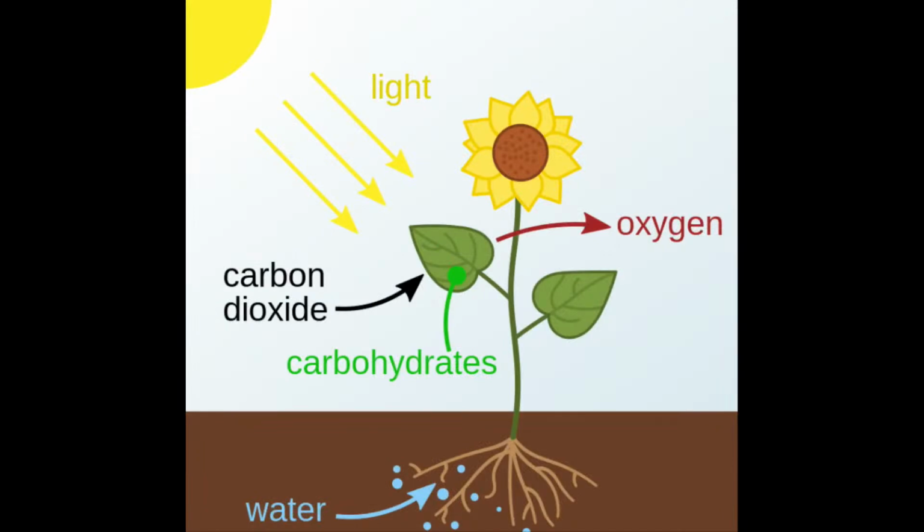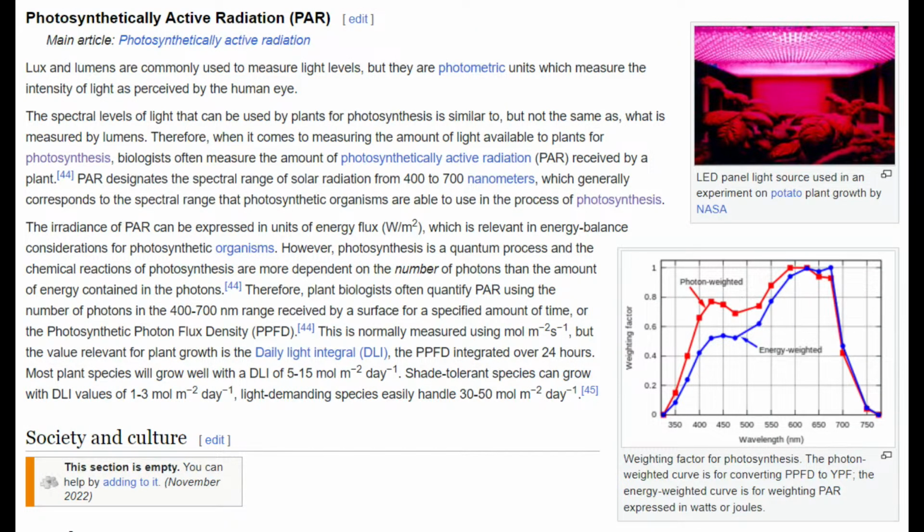When you have plants and you've got these green leaves and they're absorbing the light, and they're using that light to convert the carbon dioxide into oxygen. It also takes nutrients from the soil, water, and using all the hydrocarbons and the light to convert them, turns it into energy that the plant can use, and then maybe we eat. In those cases, the frequency of light that's coming from the sun, now the sun happens to be a pretty broad spectrum, but not every frequency is used. There's certain frequencies that are absorbed